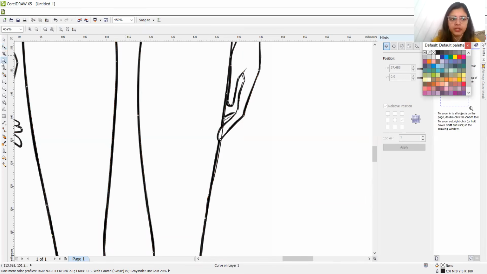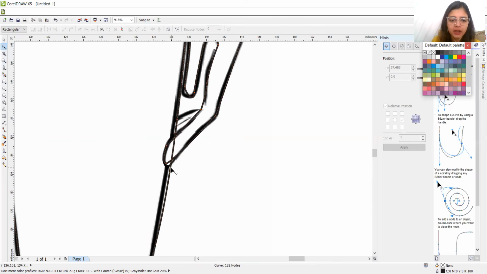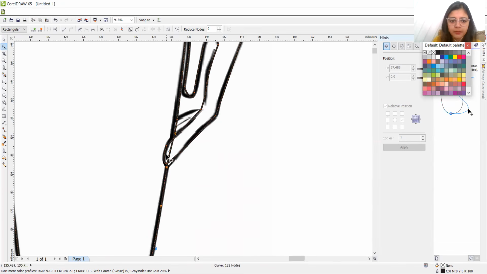So here's an important thing to keep in mind. Sometimes it happens when we are making different poses. What happens is your finger or your hand movement just collides with your body figure, and there you become confused about what line to make and what not to. So here you have to adjust it using the shape tool again. So the body figure line is ending over here, and here's a finger that is colliding on the leg.